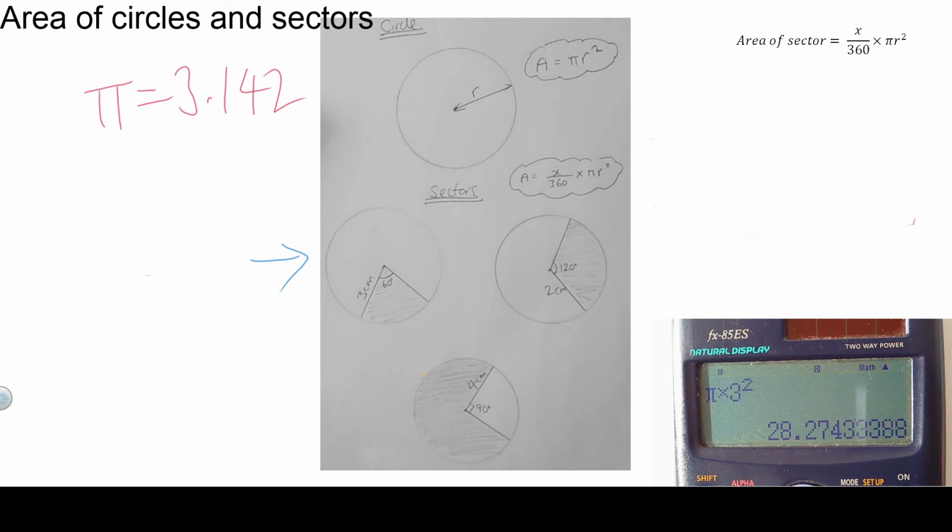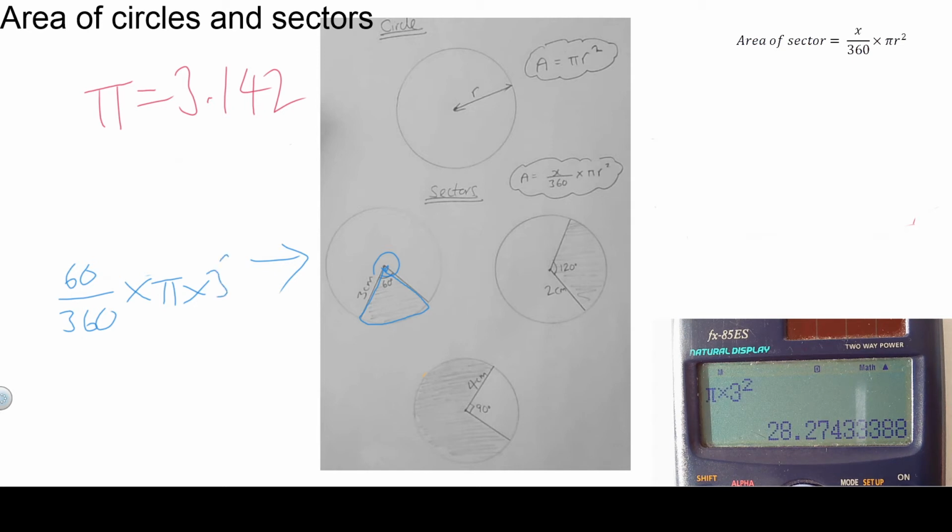We're going to work out the area of this sector, the shaded part. So x is 60 over 360. Remember, angles around a point, this point here, all the way around, adds up to 360. So that's 60 over 360, or 60 divided by 360, times pi times r squared,